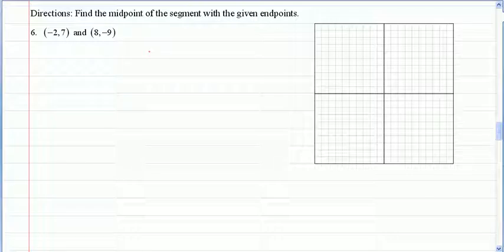So for the next group of problems, we'll look at using the midpoint formula. So the directions for number 6 are to find the midpoint of the segment with the given endpoints. So if we look at the graph on the right and label these 2 points, negative 2, 7 will label as point A, and 8, negative 9 will label as point B. So negative 2, 7 means left 2 and up 7. And then 8, negative 9 is right 8, down negative 9,